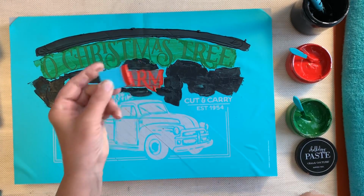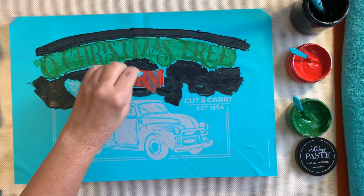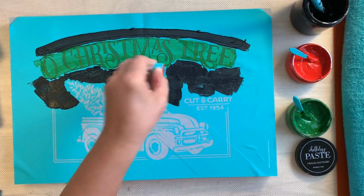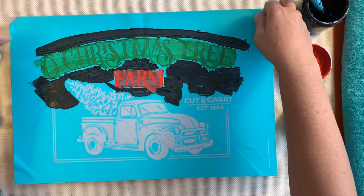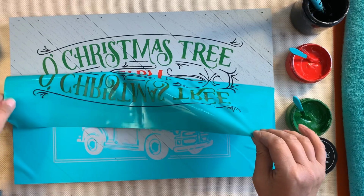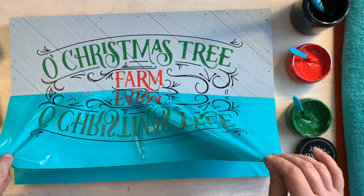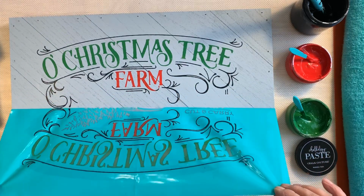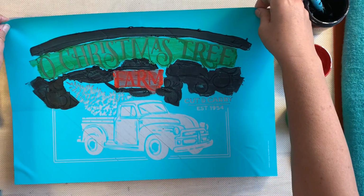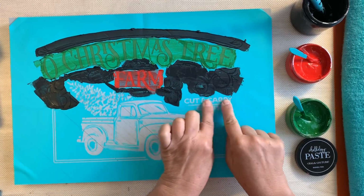Okay. I'm going to go ahead and scrape that off, and then we're going to peel because it is time. It's time to peel this and see what we have. See if we need to fix anything. All right. So a little bit on our red, but no big deal. We can fix that. Not worried. Okay. All right. We're going to lay this down gently. I'm going to press this down